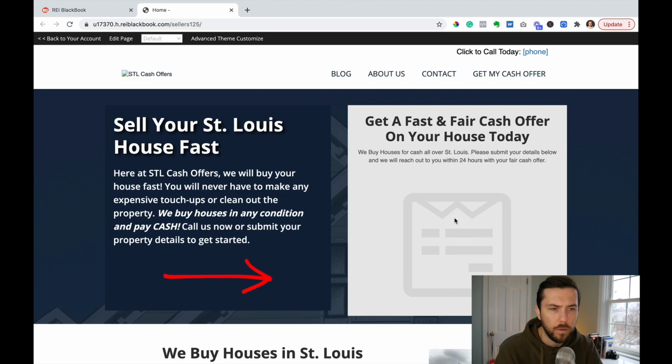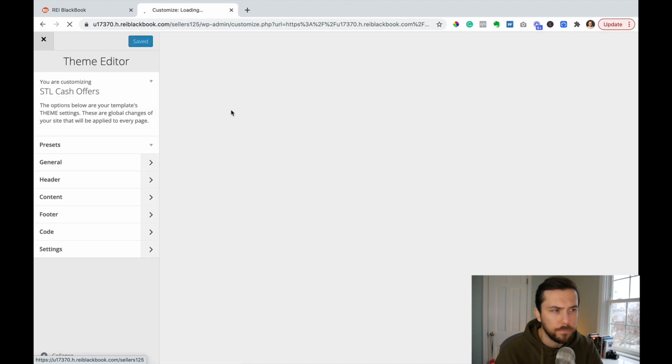But we want to drop a web form right here, add our logo, and I'll show you how to go in and do some basic customization as well if you feel the need. But the site is pretty much ready to use out of the box once we get a couple things added. So the first thing I'm going to do is just click on Advanced Theme Customize, and I'm going to go in and add my logo.